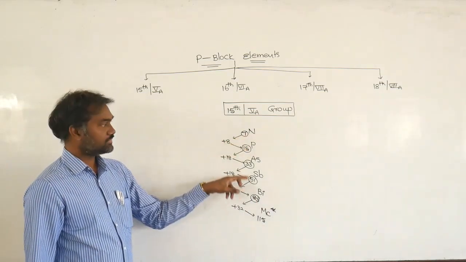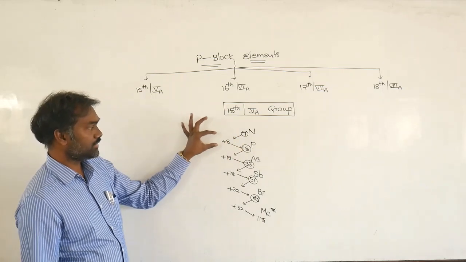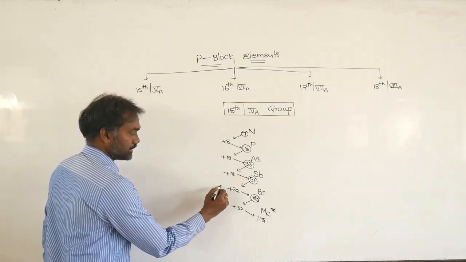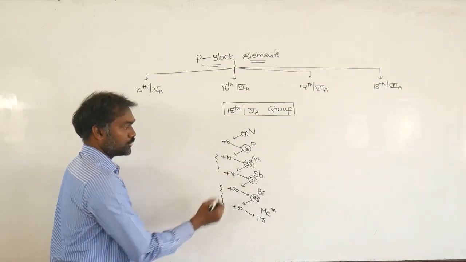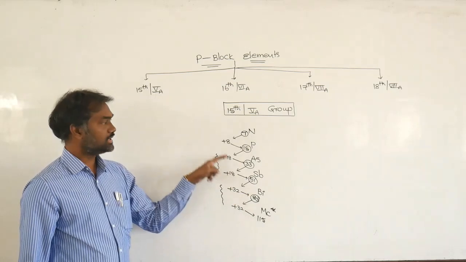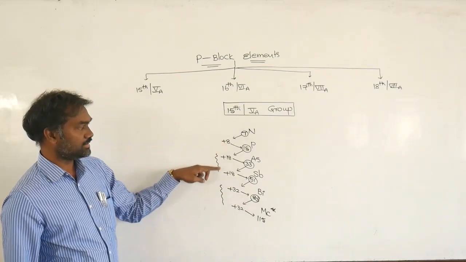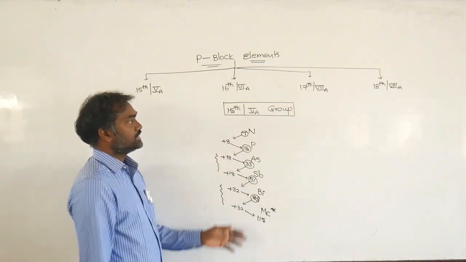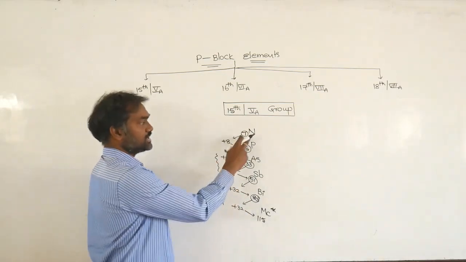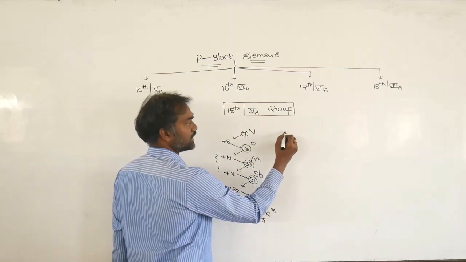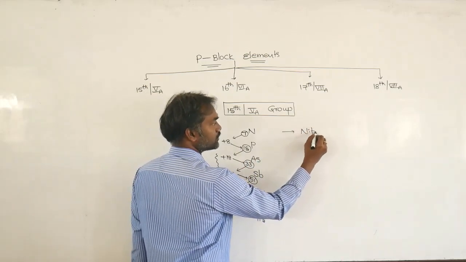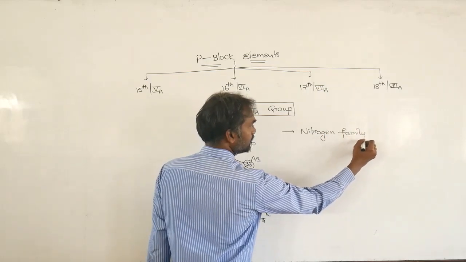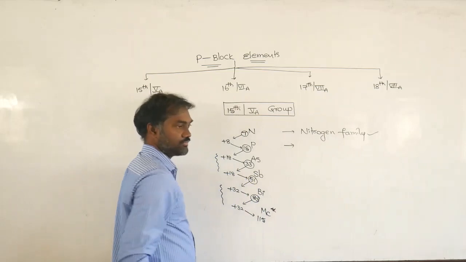So how do you take the atomic numbers of these elements? First 8, next 18, 18, then 32, 32 you add. So no need to memorize any atomic number. Simply you must maintain 8, 18, 18, 32, 32 continuously and you will get them. See, these have special names. First it starts with nitrogen, so that's why these are called the nitrogen family.